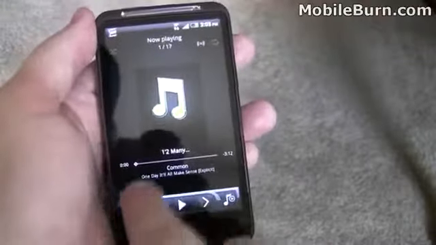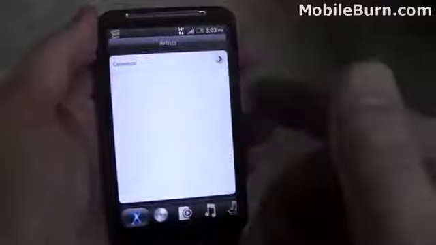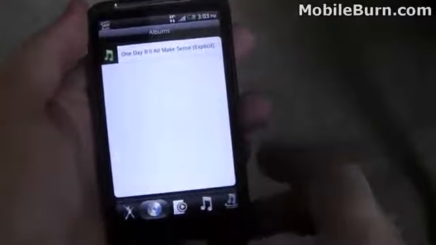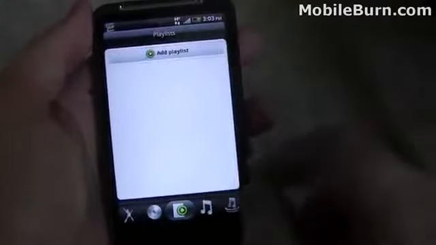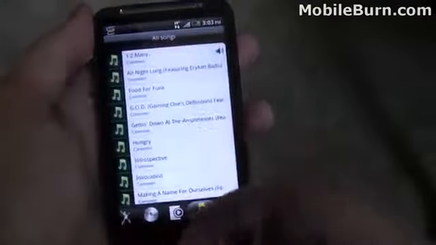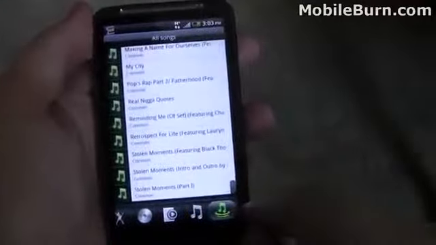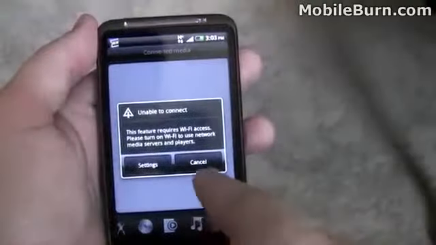Okay, now we'll quickly check out the music player. You can see here, if I click the menu button, I'd be able to search by artist. I have one here right now, but it also goes by album, displaying the art. If I had it, this doesn't. You can create playlists pretty easily. There's a full list of the tracks. And it looks like you could do some wireless sharing there, although we don't have Wi-Fi turned on or that set up. So we'll just quickly